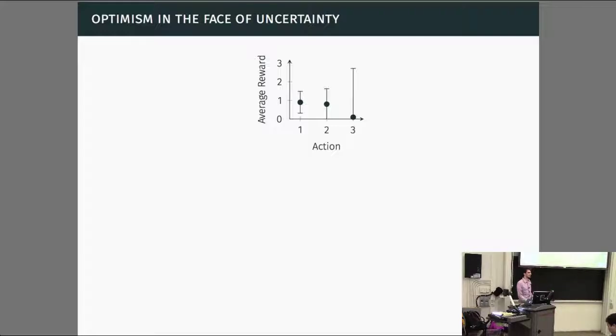Let's be optimistic about it. So why would we want to do this? Because once we sample action 3, let's say we actually find that it's bad, what would happen? Yeah, we decrease the uncertainty, and it's going to go down. If we find that it's good, if it actually is the best action, what happens? Get a higher reward and again lower uncertainty.